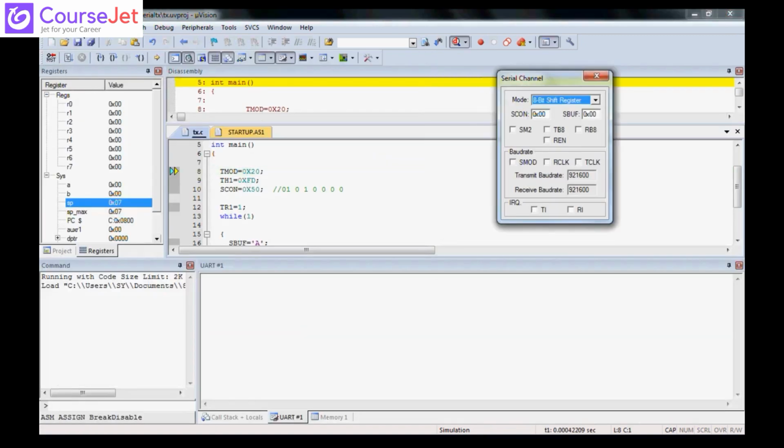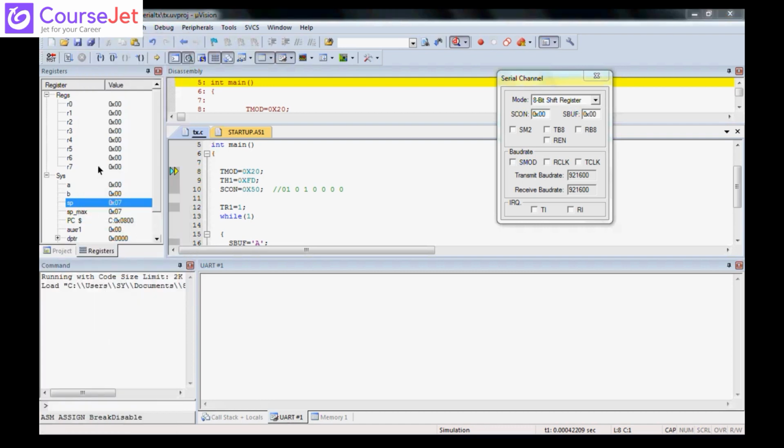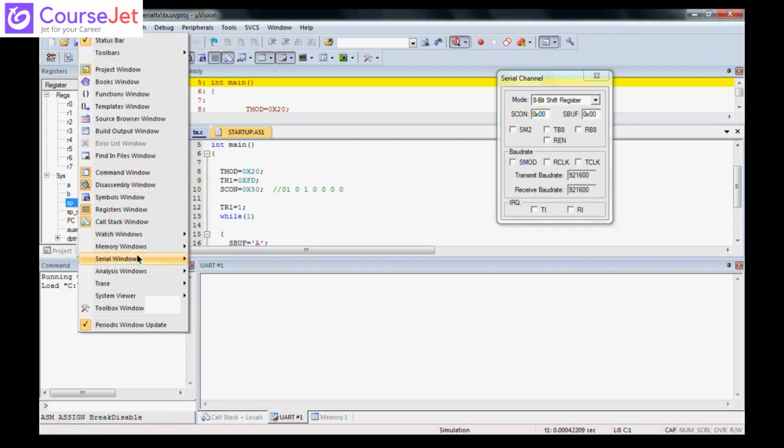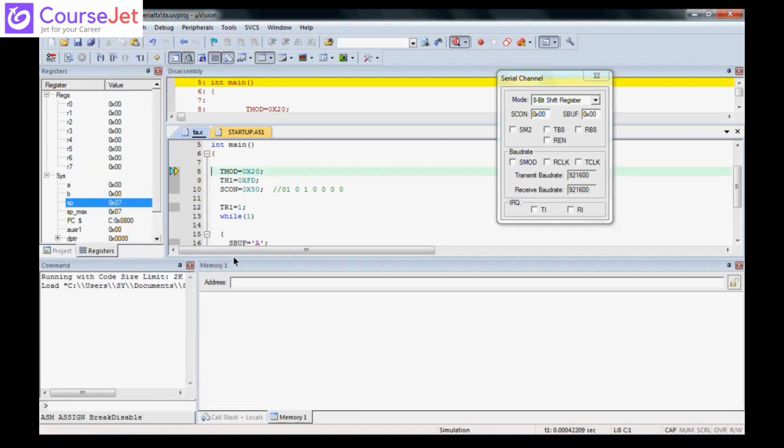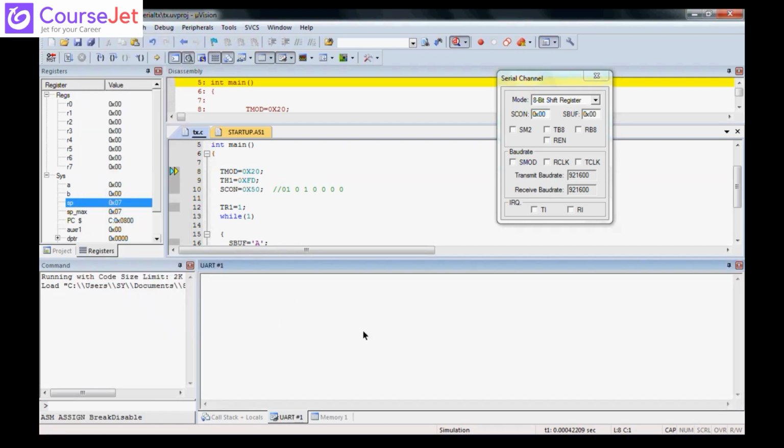This is your serial. Here in View you have one window called Serial Window. In Serial Window you have UART1, UART2, UART3. So here we are selecting UART1. This is UART1, right side down. You can see UART1. Now when you run this, here